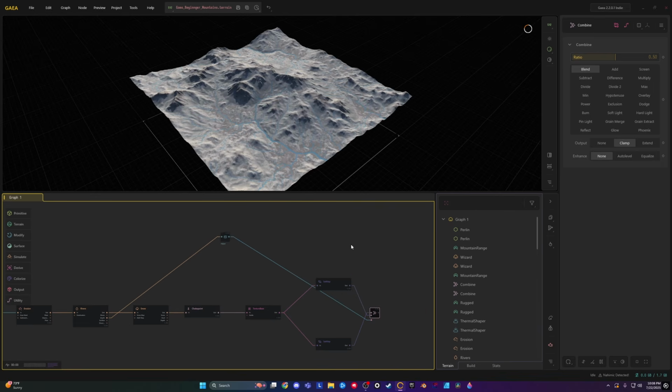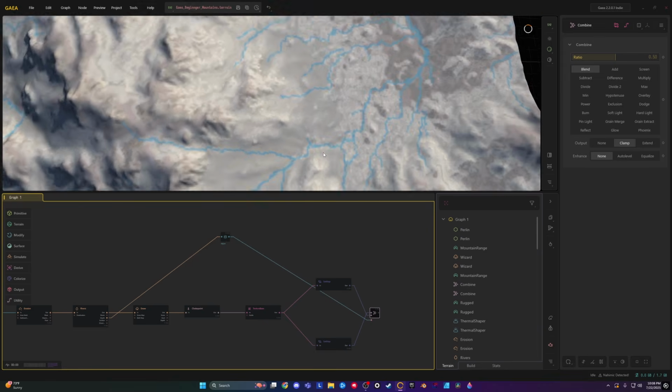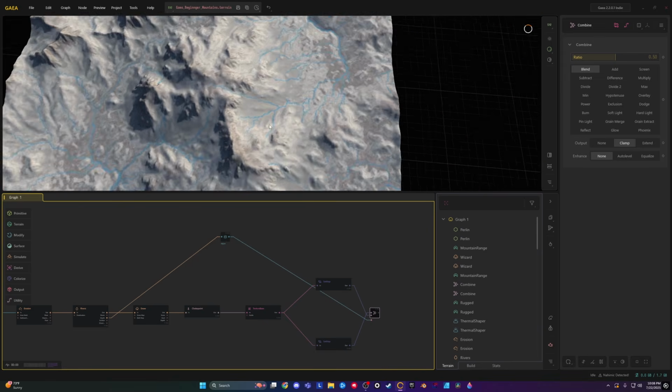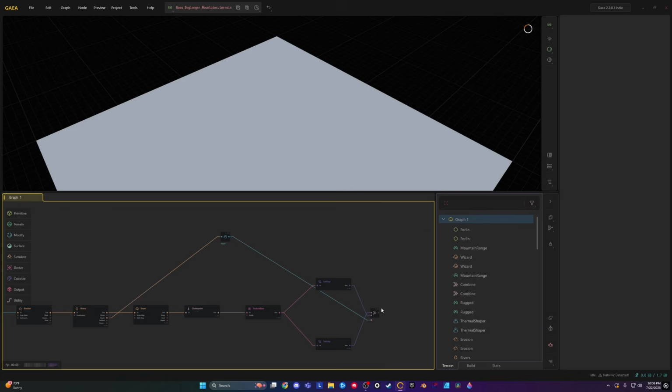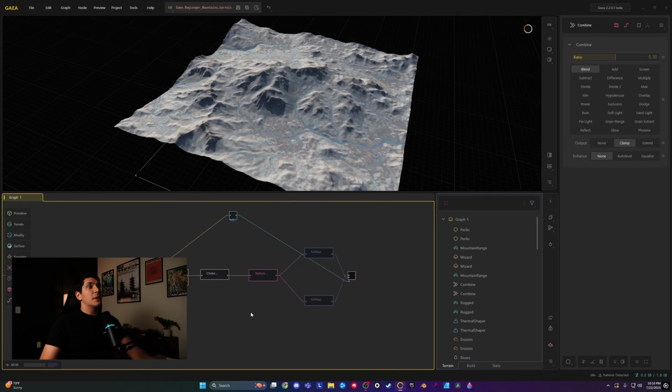And by doing so, our scene is now showing where the rivers are, and they're blue, and then where the landscape is, and that is our sat map. Okay, so now that we have finished creating our landscape, the next thing we need to do is set up